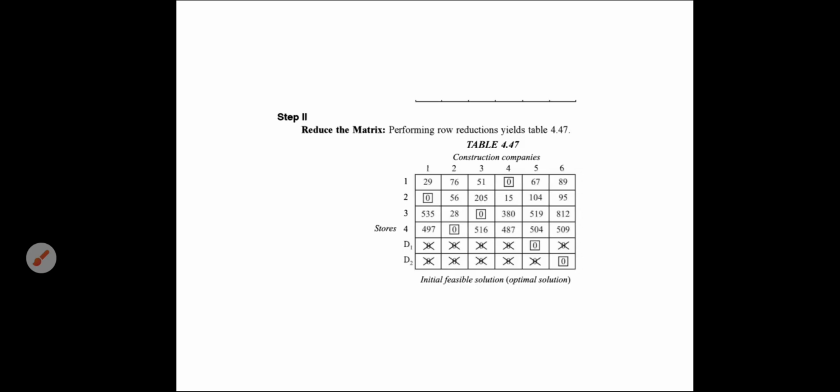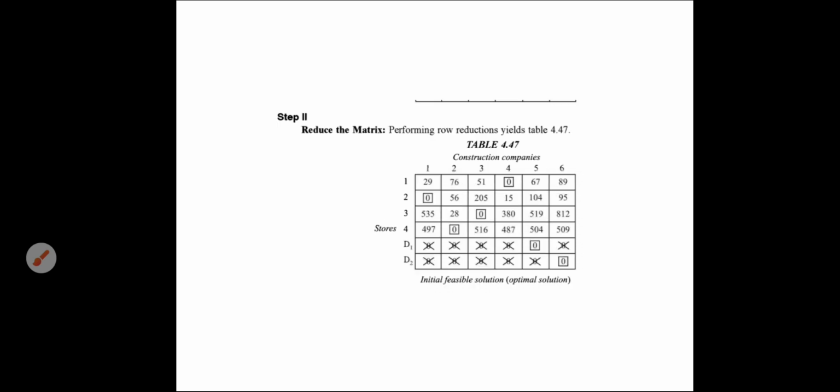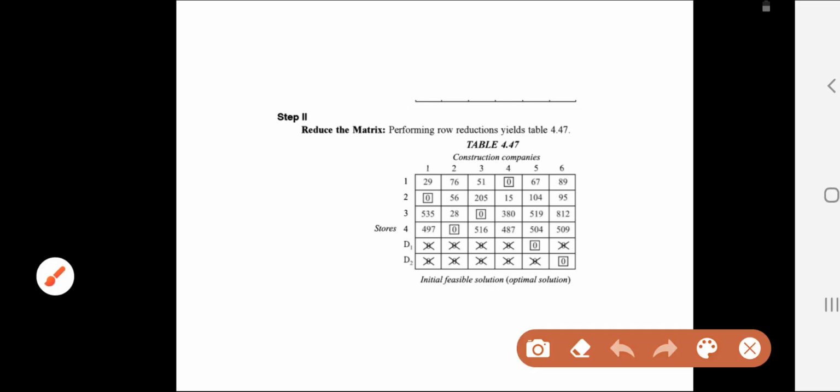Once you get the table, now you start assignment. The values you have subtracted, that cell becomes 0. Now you start assigning. First you choose this 0 as an assignment. All other zeros, cross them. In the second row there is 1 zero.